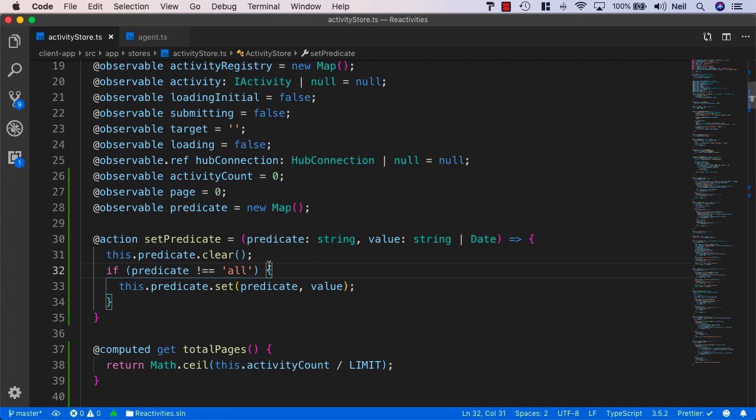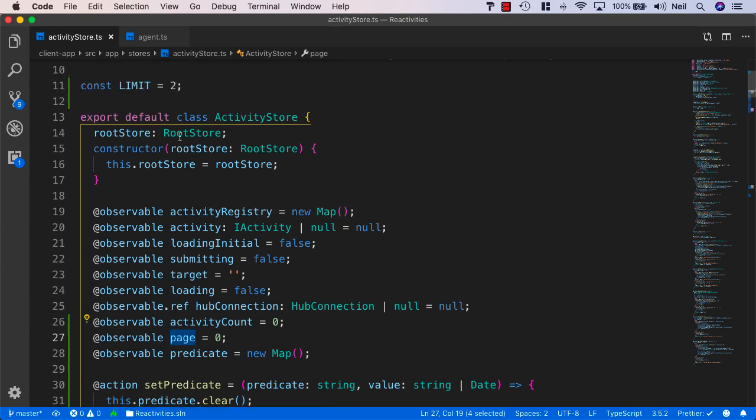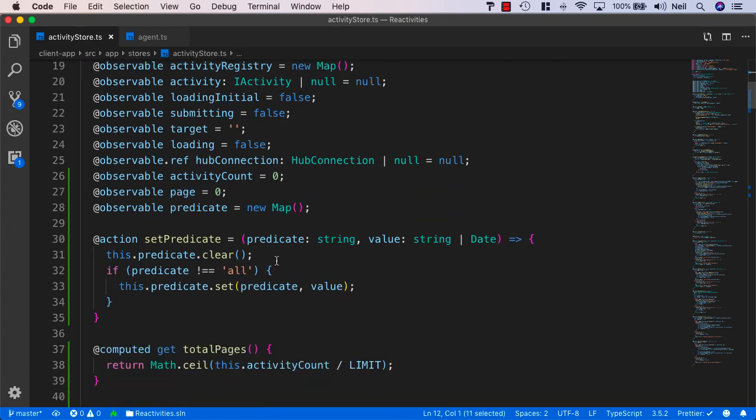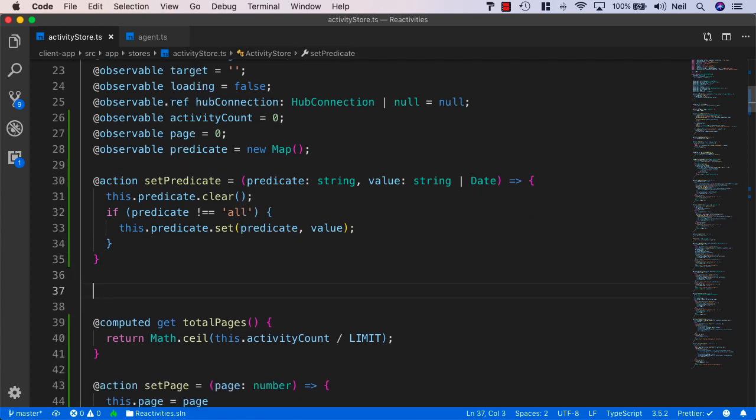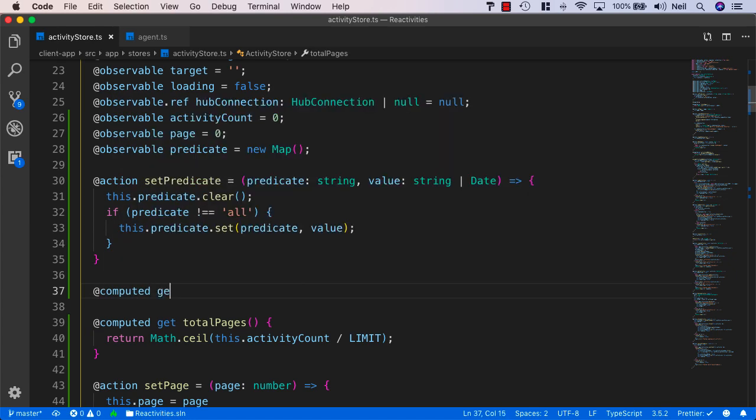Now we're also going to create some Axios parameters for our activity list query, and because this is going to be made up of what's contained in our predicate, as well as the information we have regarding our page, and the information regarding the limits, then we're going to add this as a computed property because we have all of the information we need here. So what I'm going to do is add a computed property, and we'll say get axiosParams,